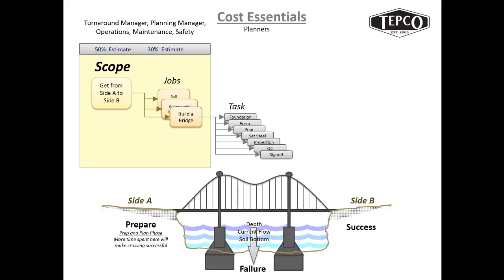So in this example here, we had a planner actually come in and step the job out. So he's going to do the foundations, pour, he's going to do the steel, all the inspections, QC, and sign off of the bridge. The major piece in this one right here is understanding everything that goes into the details of these particular tasks. So at this point in time, it would give us a clear understanding of the material cost, how much labor would be involved to do this, because